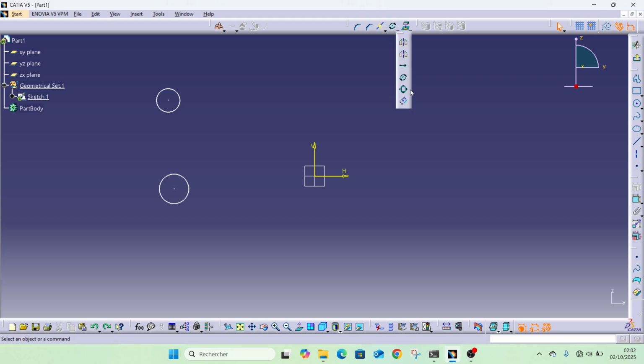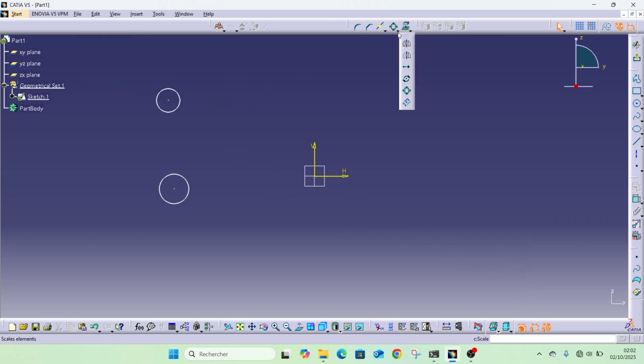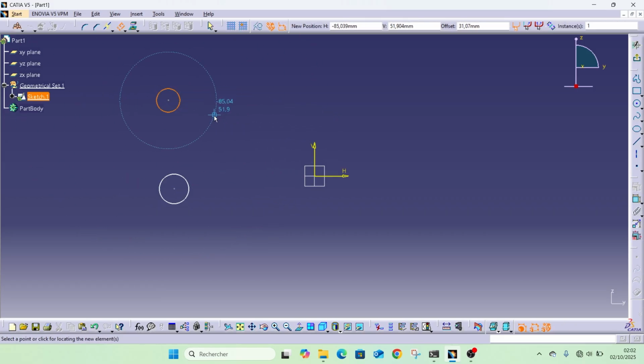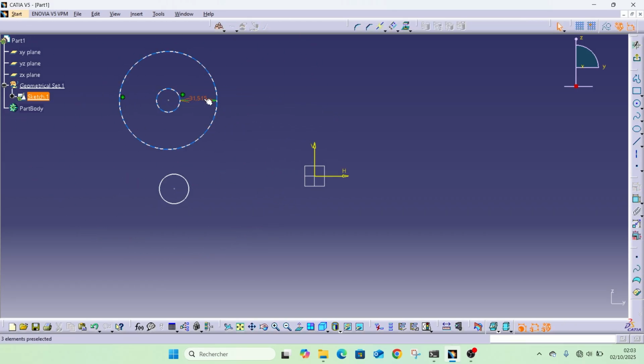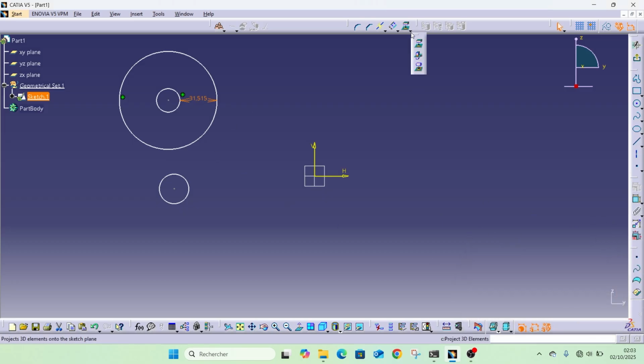We can do a scaling. We can put it bigger or smaller as you wish with your mouse. We can do an offset directly, creating a bigger one with the distance here. So this is it for these functions that are